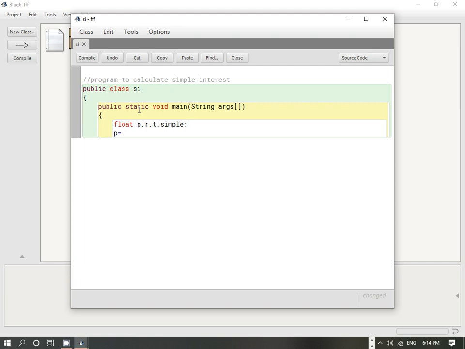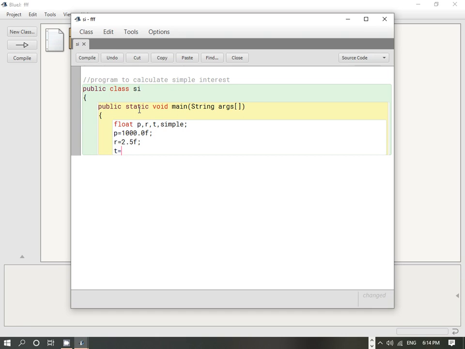So P equals to, suppose I write down 1000. Here along with these float variables we have to take a symbol, that is F, to indicate that this is a float variable. Principal, then rate, suppose the rate is 2.5%, so I write down 2.5, again F, to indicate that this is a float value.